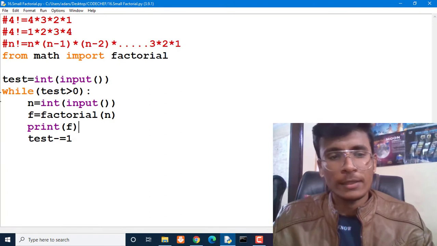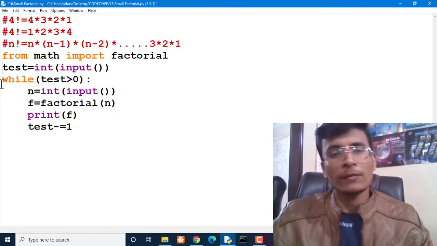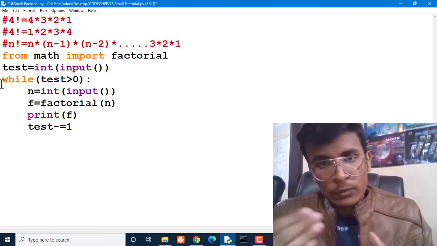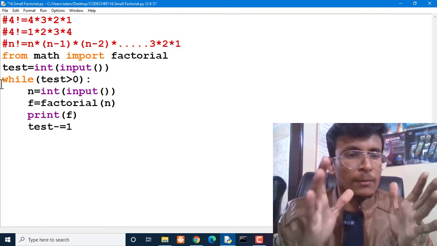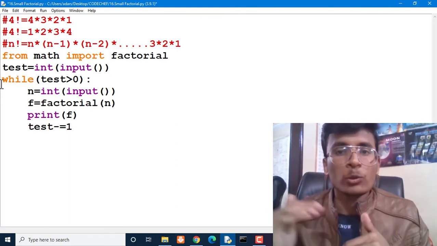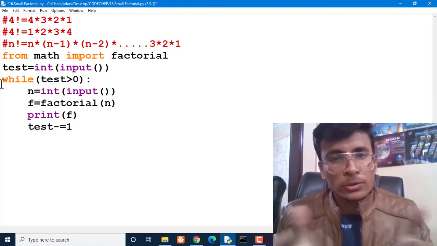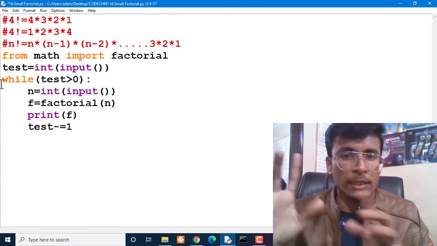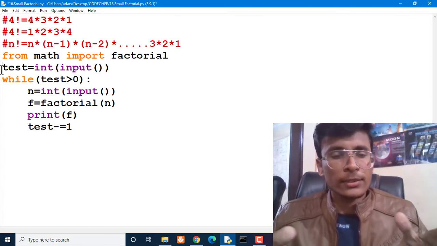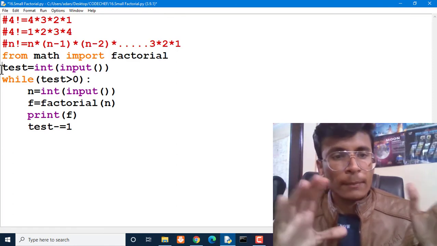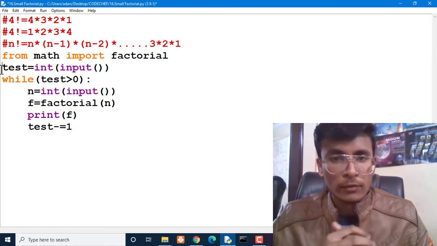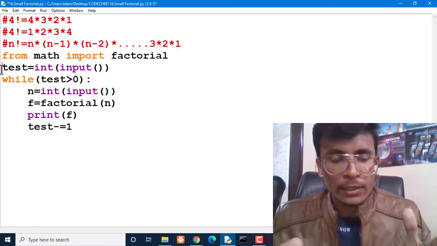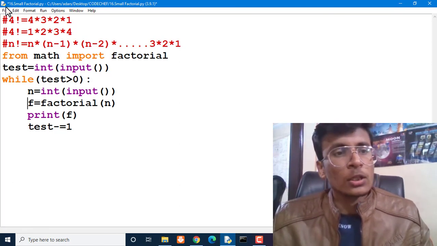So these are the two methods by which we can easily calculate the factorial of a given number. But never use this kind of inbuilt function when you are going for competitive programming, because the math module's factorial function is going to take much more time, and your user defined factorial function will take less time. You can see the difference in one of my videos, shown in this i button, where I compared the math module's factorial function with a user defined factorial function, and how much time both approaches take. The best one is the iterative way, which I have shown you before. So this is all about small factorial.